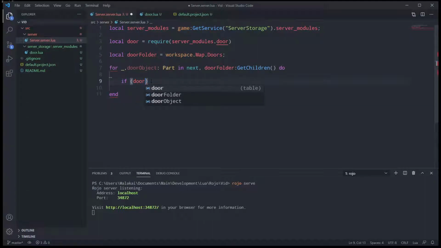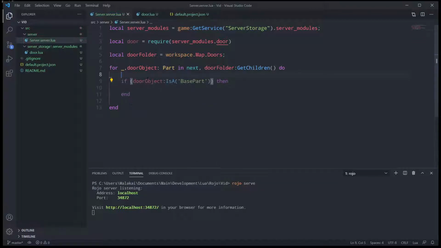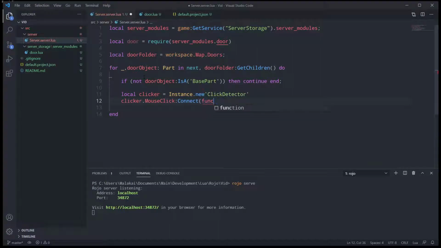If door object is a base part, actually let's do if not, then continue, then door up new equal clicker is instance dot new click detector, clicker dot mouse click connect function, door dot toggle door object,